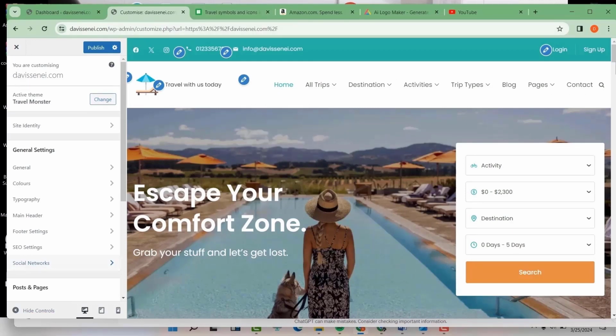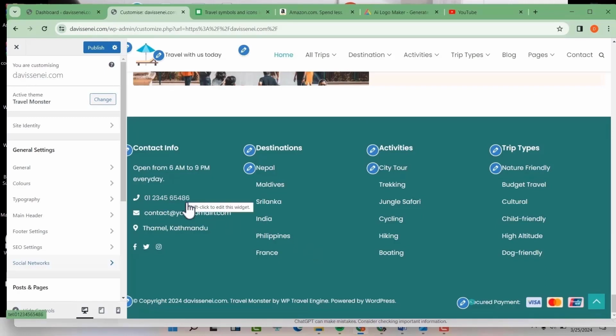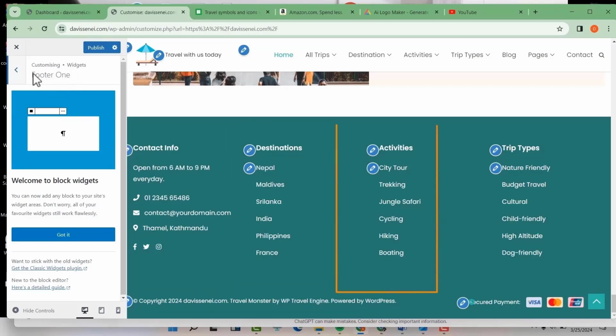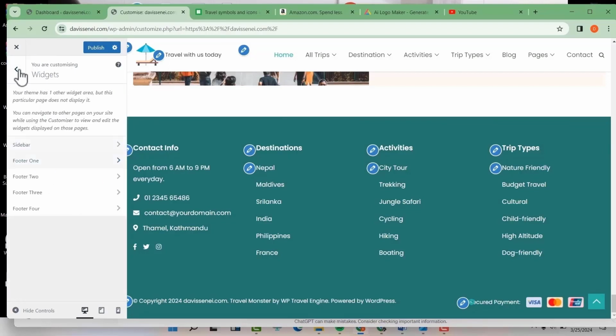Now we can go to our footer. We are going to do the same thing with our footer, so just click on the contact information, and now you'll be able to see footer 1. Basically this is footer 1, footer 2, footer 3 and footer 4. If I go back one step, I'm going to see footer 1, footer 2, footer 3, footer 4. If I want to customize footer 1, I'll just click on footer 1. If I want this, click on footer 2. If I want to customize this, the same. So let me just go for footer 1,